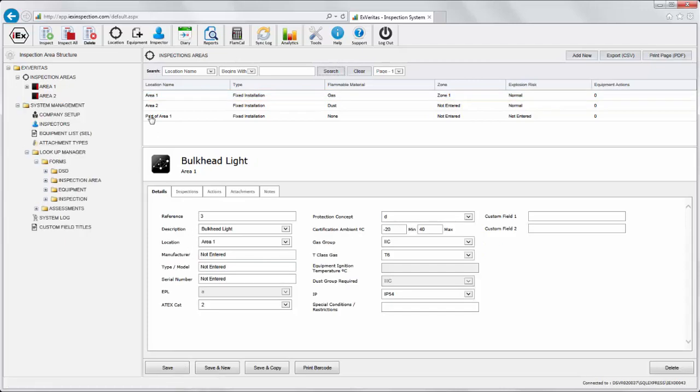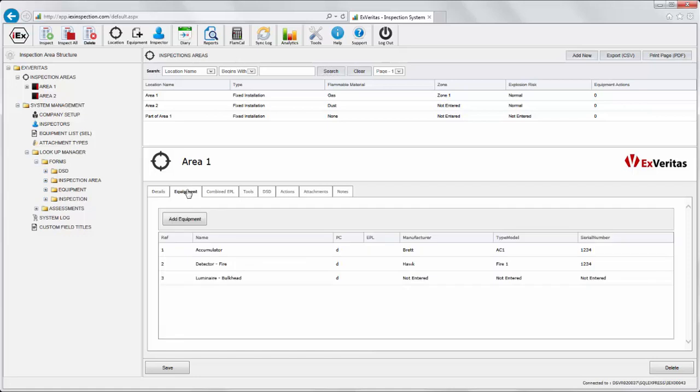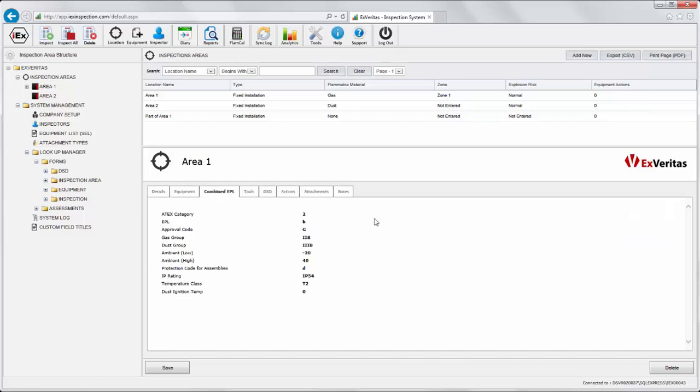section. Going back to locations, as well as adding our equipment, we can also look at the combined explosion protection level of all of the equipment. This is incredibly useful for when we're specifying a skid or a portable piece of apparatus, as this will actually determine the overall classification of the explosion protection level for that equipment, what areas it can be put into. It will take the worst case of all of the entered parameters to determine this label for you, or this